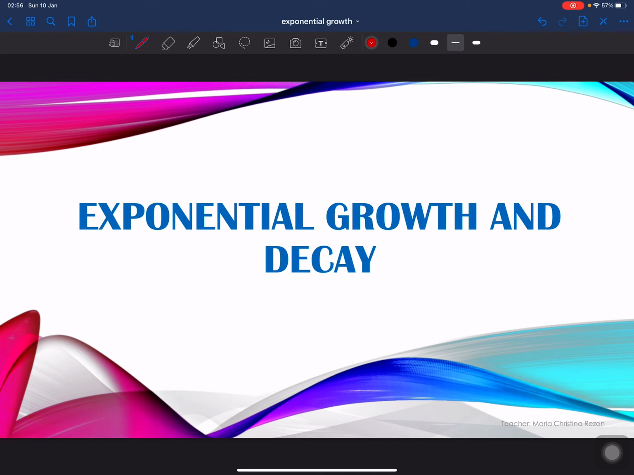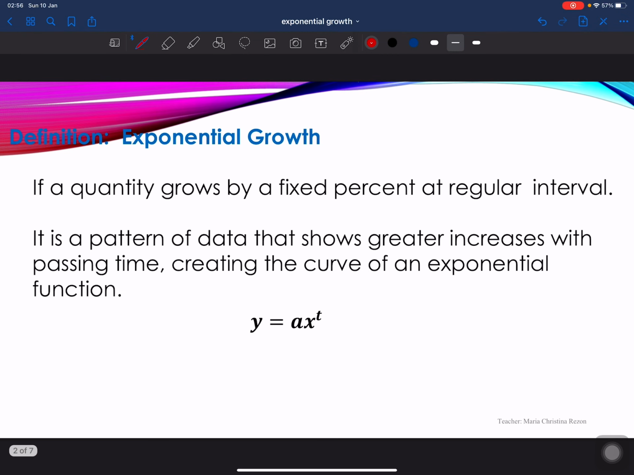Today's lesson is on exponential growth and decay. But in this video, I'm going to explain to you exponential growth first. So let's begin. If a quantity grows by a fixed percent at a regular interval, there is exponential growth. In other words, it is a pattern of data that shows greater increases with passing time, creating the curve of an exponential function. And since we are talking about exponential function, our equation is y is equal to ax to the t, where